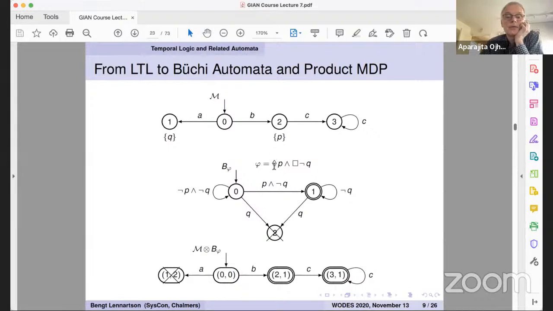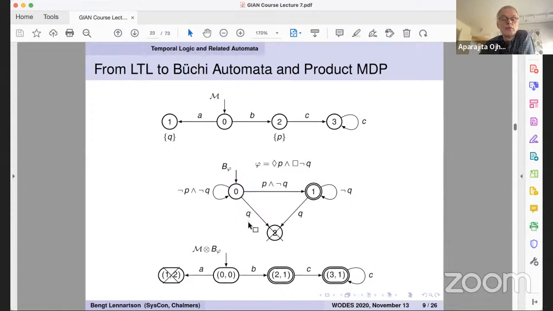Here it's interesting that, obviously, it should never have Q, because it should be always not Q. So that means that as soon as you get a Q, you have not satisfied this part, always not Q. And okay, here in the Büchi automaton, it's interesting that now it is actually the state labels that are introduced as transition labels. And this is a type of complication which can be a bit confusing. But think about if you are in state 0 or 1 here, and if you get suddenly a state where Q is true,